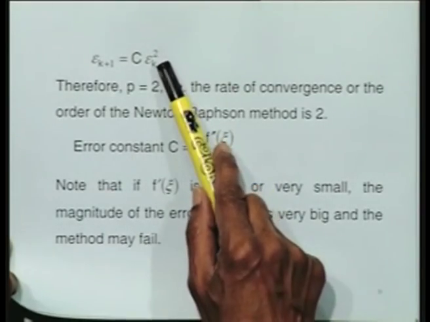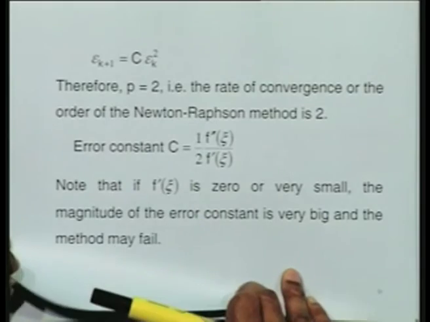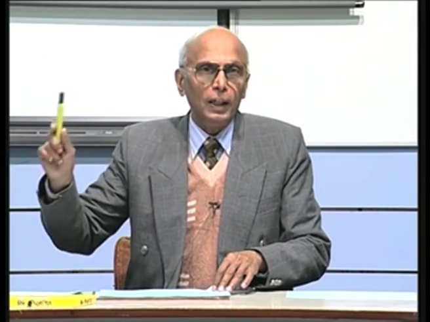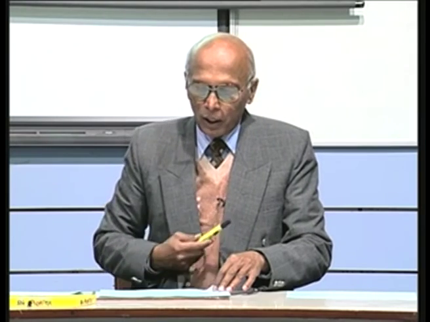Initially it will take a few iterations to close up. Suppose, as I said, the root was say 1.5 and you started at 3. The error here is 1.5, it is quite far away, it is not small. So it will take a few iterations to reduce the error sufficiently, then you will be able to see the convergence is very fast, because you have already crossed the stage where epsilon k is sufficiently small, therefore the accuracy is achieved much faster.